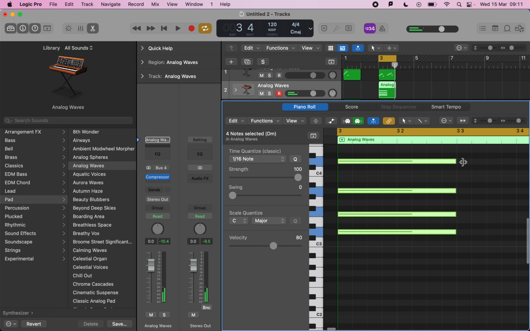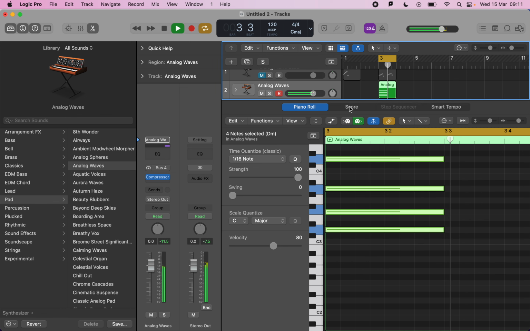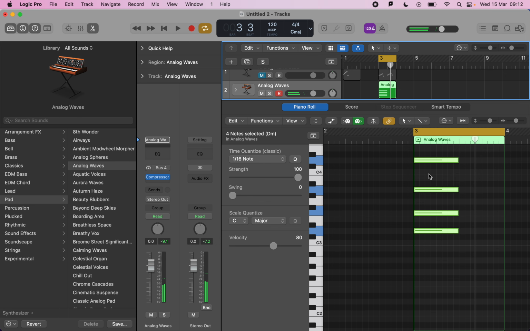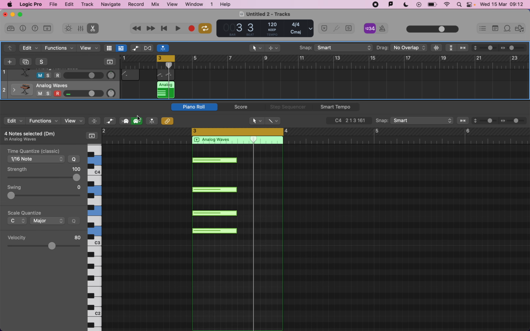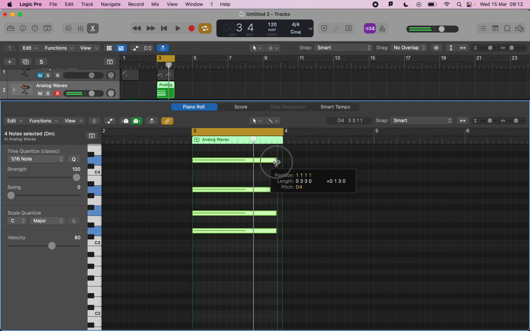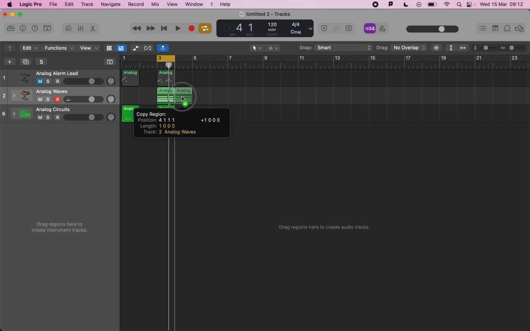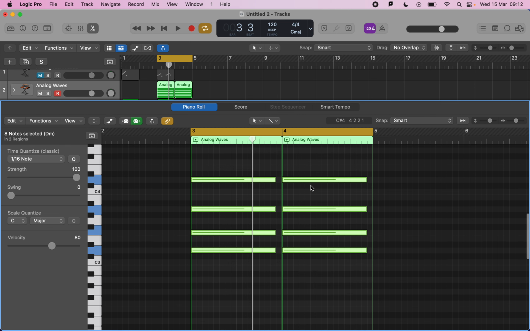So let's say you have a chord in your song. We can easily transpose some of the notes in that chord, so every time we repeat it, it's a little bit more interesting. So let me make this last a whole bar. And then I'm going to repeat this twice. Double click on it. And now I'm going to transpose one of the notes in the chord